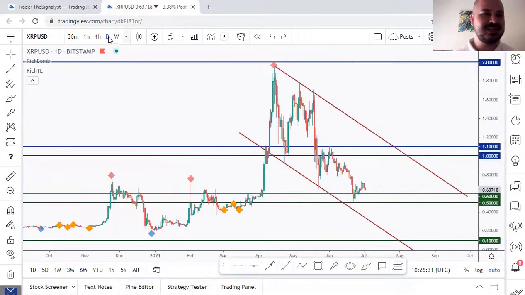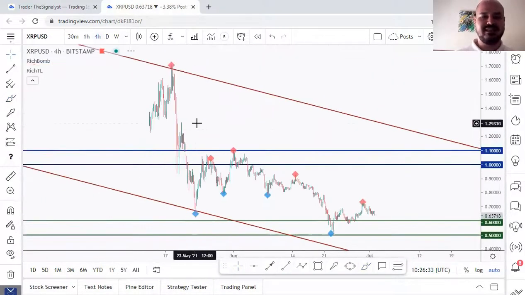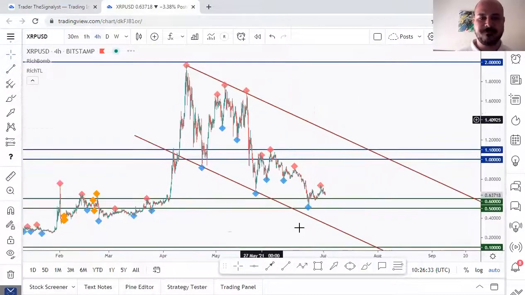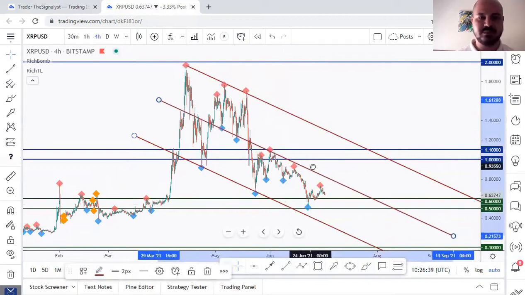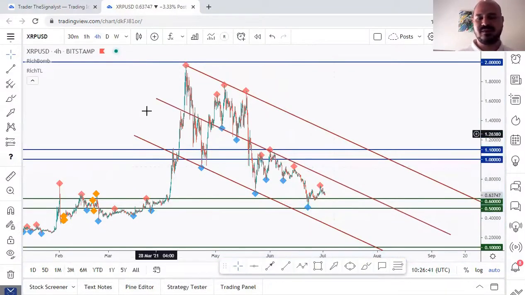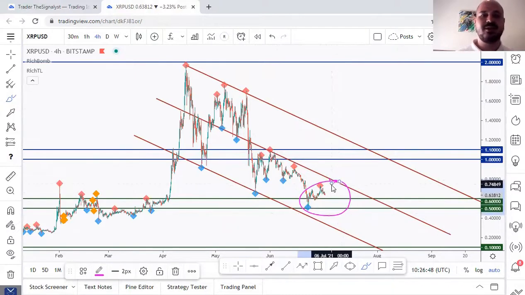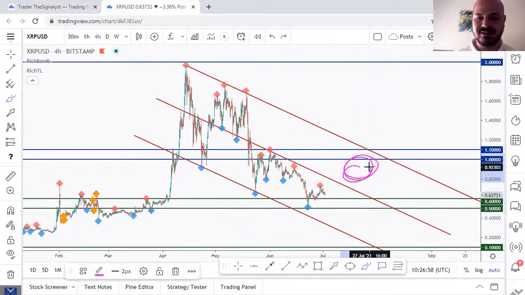Okay, so let's go to the H4 time frame again, and that's where we know that if price is, let's make the median. Okay, so this is the middle of this overall bearish movement. So if price is below it, here's where you have an edge, because you are looking for longs here, right? Because price is around a support area, but I'm not looking for longs around this area because we have a horizontal resistance,